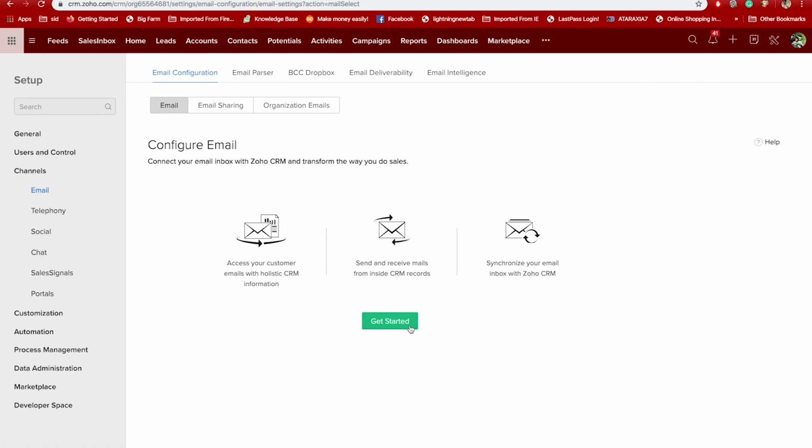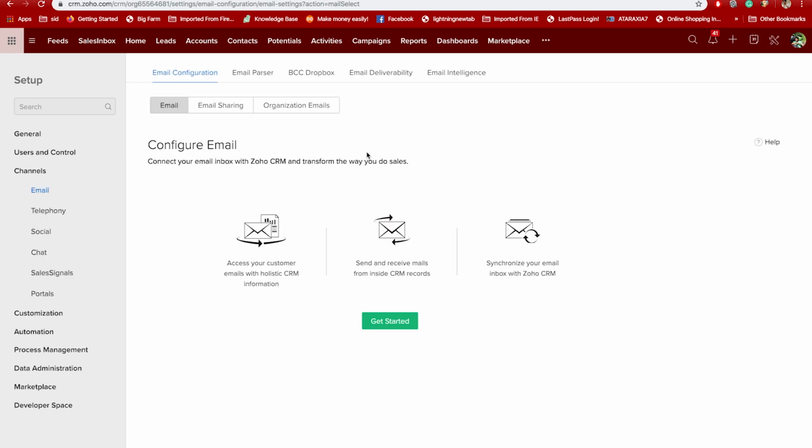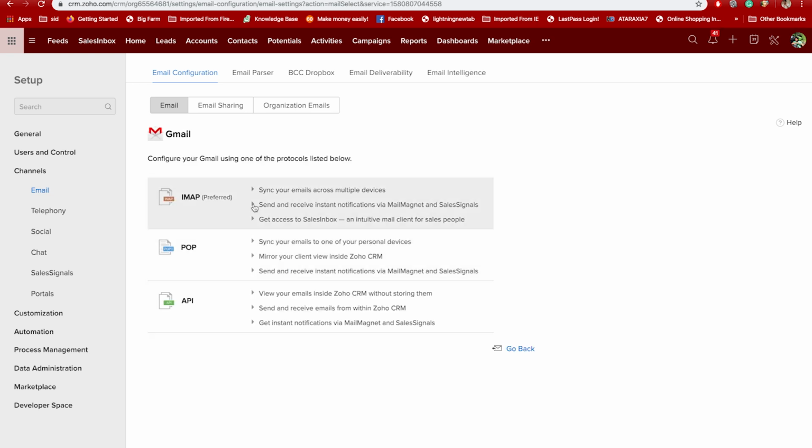To set up Sales Inbox, go to your Sales Inbox module and go to your email, and first get started with configuring your email account. I'm going to show this for Gmail right here. Choose IMAP.